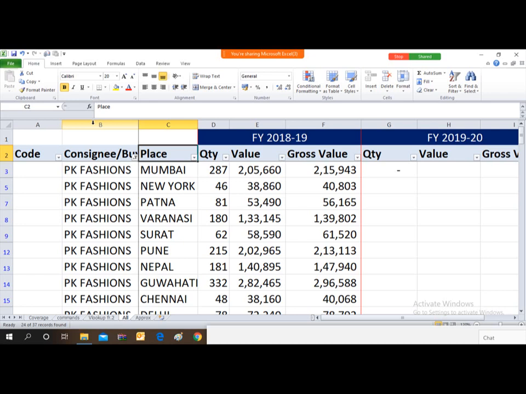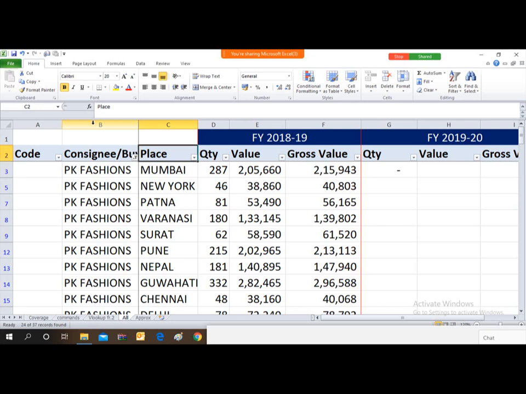So friends, again I am repeating it. If the same value is appearing multiple times in the column, then the VLOOKUP formula will not be useful. First you have to decide how you can make a unique combination, whatever combination you would like to generate.